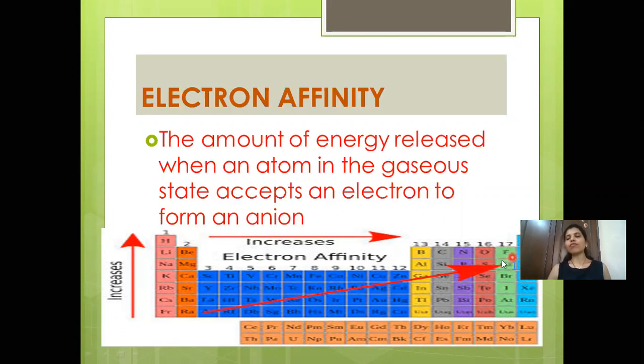But in this case you have to just remember that in the group of halogens, in this particular group, chlorine is having maximum electron affinity, and we are going to understand the reason. It's very important, write it in your textbook so that you'll remember during your exams also, that though it is said that down the group electron affinity is decreasing, in the case of halogens chlorine is having maximum electron affinity, and we are going to understand why.